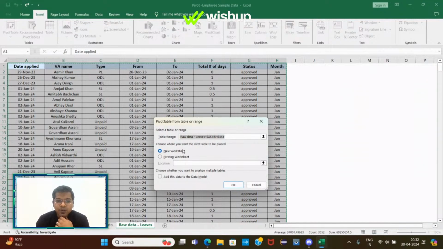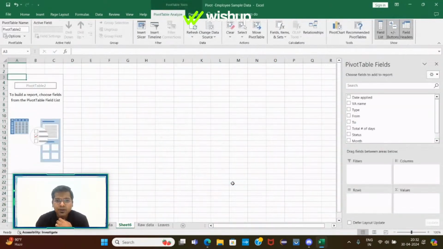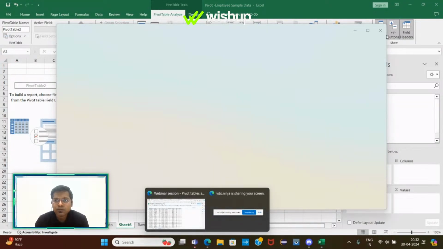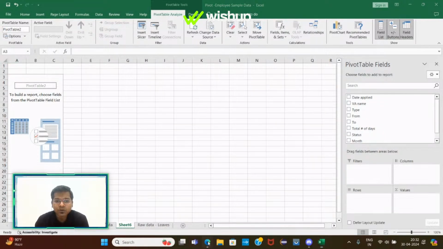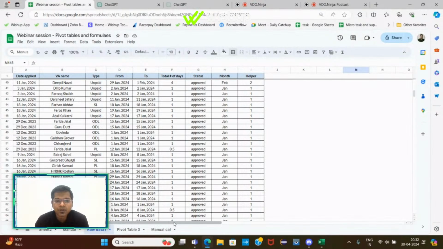Again, very similarly, this is asking whether you want to create a new sheet or the existing sheet. So if you look at MS Excel, it's slightly different in the UI, but very similar to the functionality that is there in Google Sheets as well. If you look at the pivot table here,